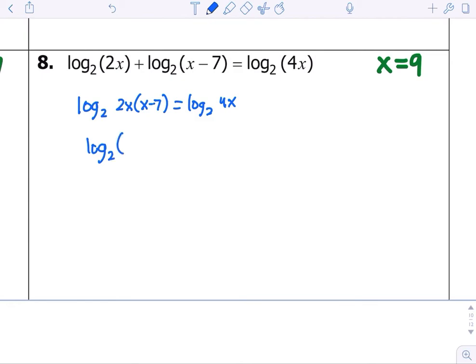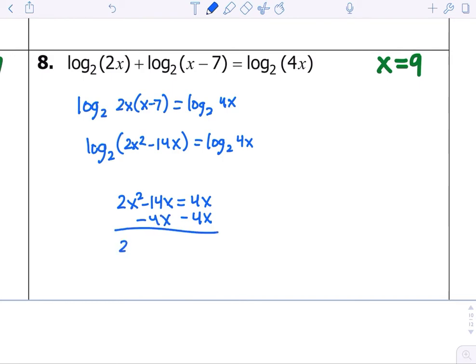Log base 2 of 2x times x is 2x squared. 2x times negative 7 is negative 14x, which is equal to log base 2 of 4x. Now, we have log on both sides, so let's just equate this equal to that. So we're going to get 2x squared minus 14x, which is equal to 4x. Set it equal to 0, so subtract both sides by 4x, and we're going to get 2x squared minus 18x